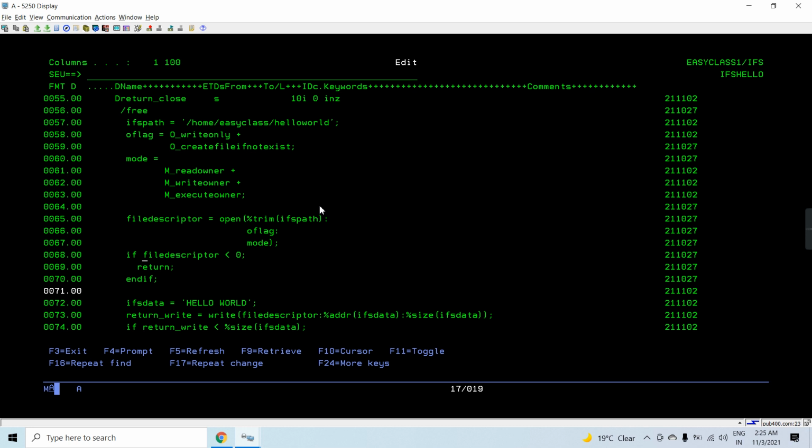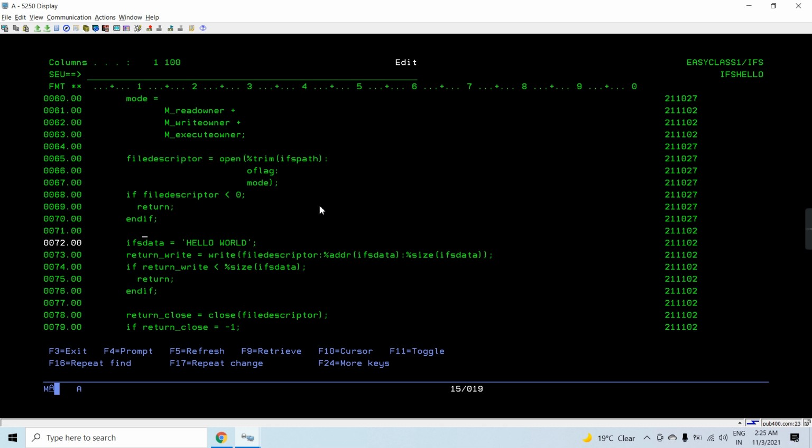And if it's less than 0, which means there's some error in opening or creating the file, it will return from the program from here only, and it will not proceed forward. If it's not less than 0, it means the file is opened successfully, and then we are going to write the data hello world to the IFS stream file.